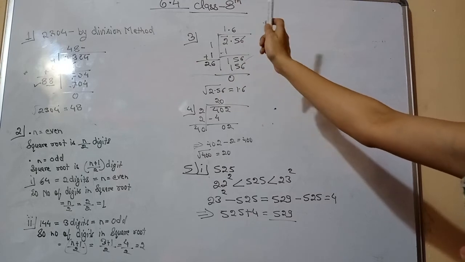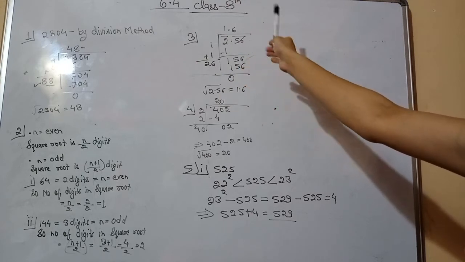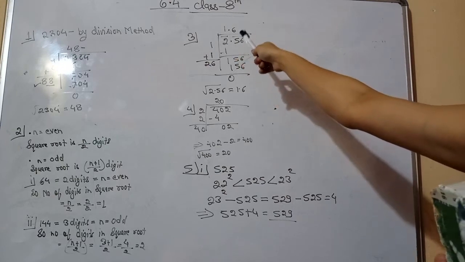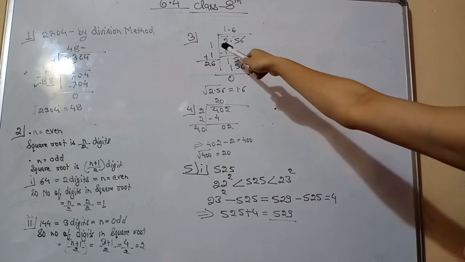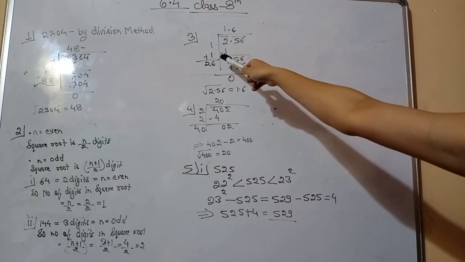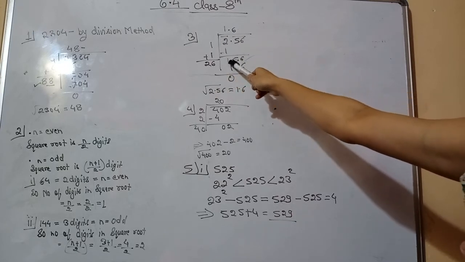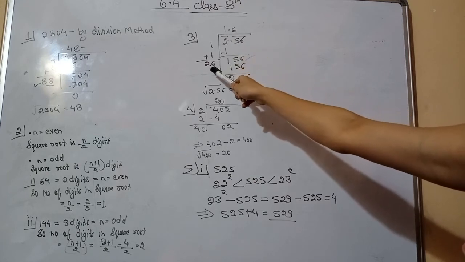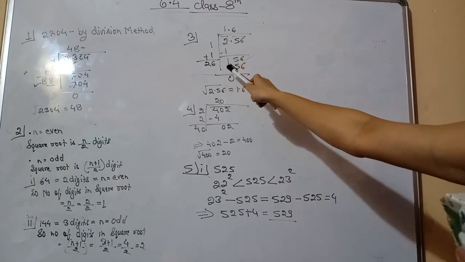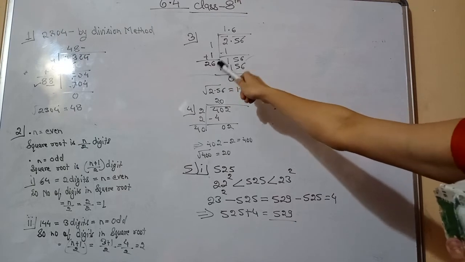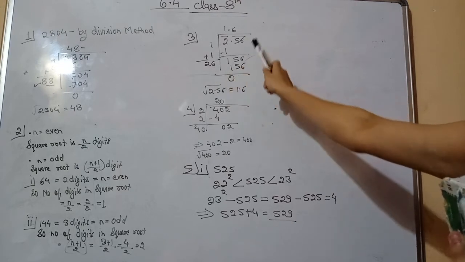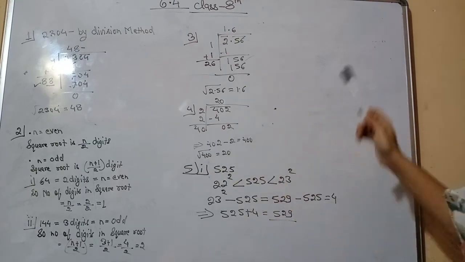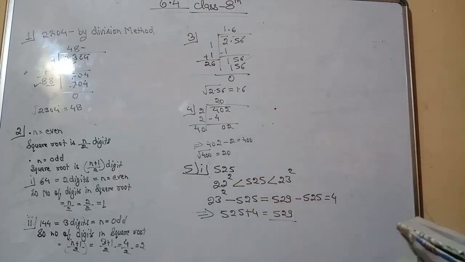We have to find a number whose square is equal to 2 or less than 2. Equal to 2 there is no square, so 1 one is 1. And I have told you, the number you write here and here, the same number you will write here also. So 2 minus 1 gives us 1, and here 56. The same number you will write here. So 1 and 1 gives us 2. Now 26 sixes are how much? 156. Here and here you have to write the same number. So what is our square root? The square root of 2.56 is 1.6.